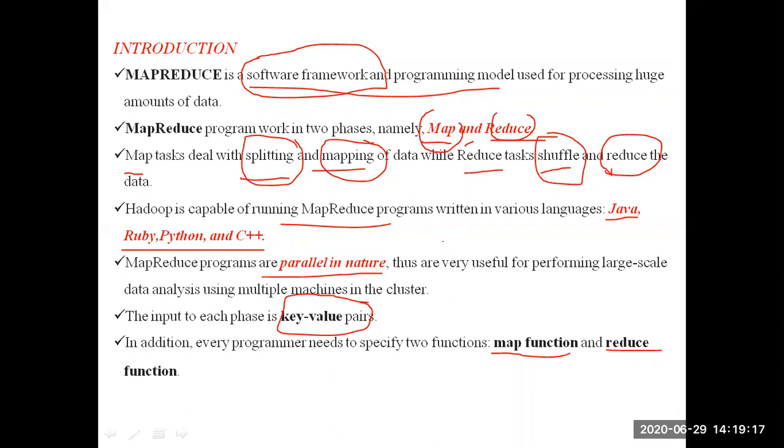What are the map function and reduce function? They mean the logic. What is your aim? For what purpose are you analyzing the data? How do you want to analyze the data? For that we are doing this. Why? Because the task of analysis may be different. The aim for processing may be different.